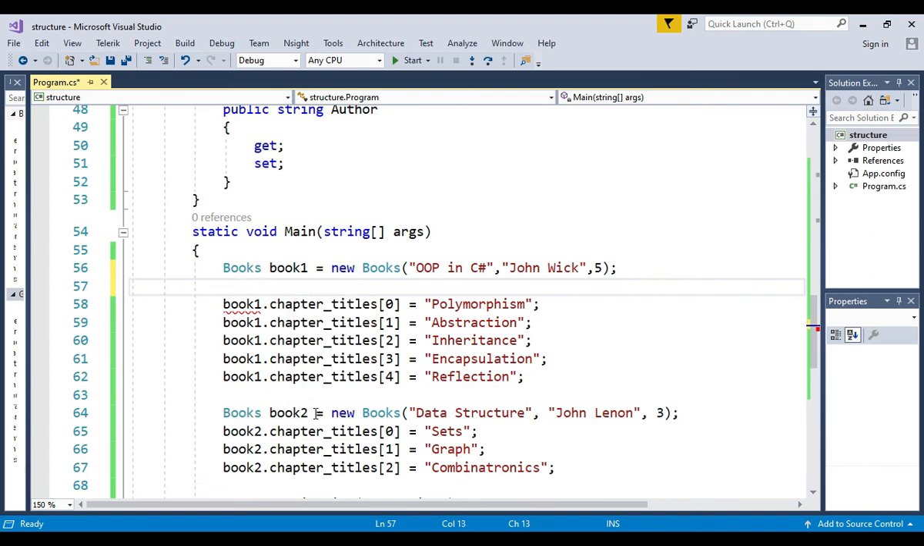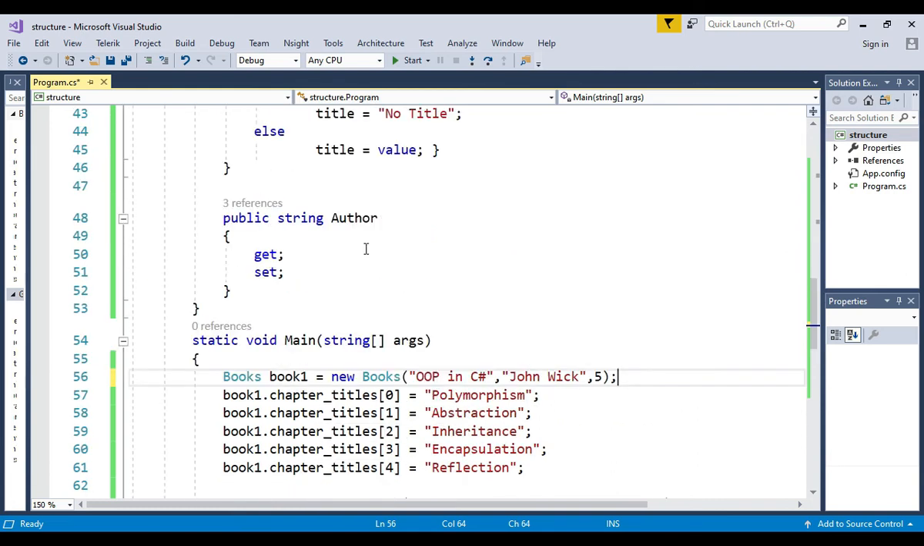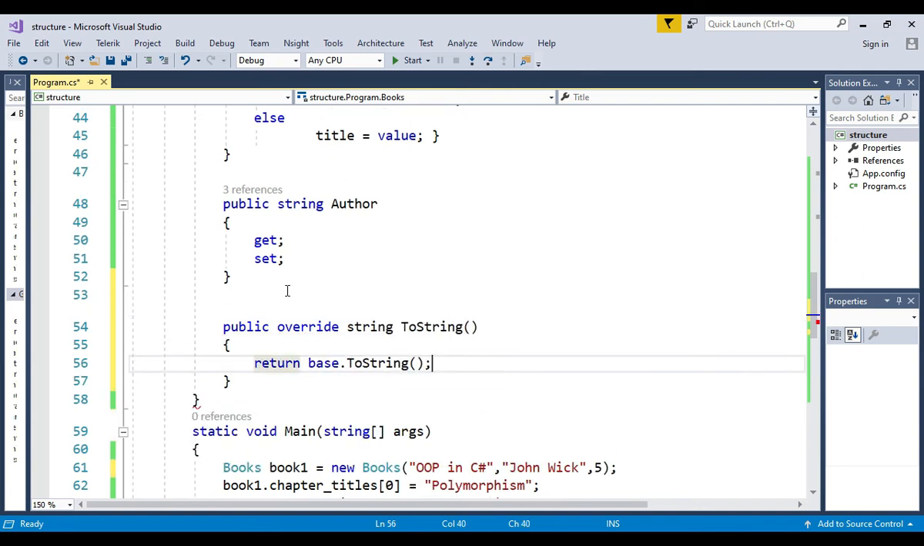Okay, so what we want to do whenever we call the toString, it will give us the title and the author of our book. Okay, so to do that, let's write here public string override, override string toString. Okay, so there you go. And then let's write here return author